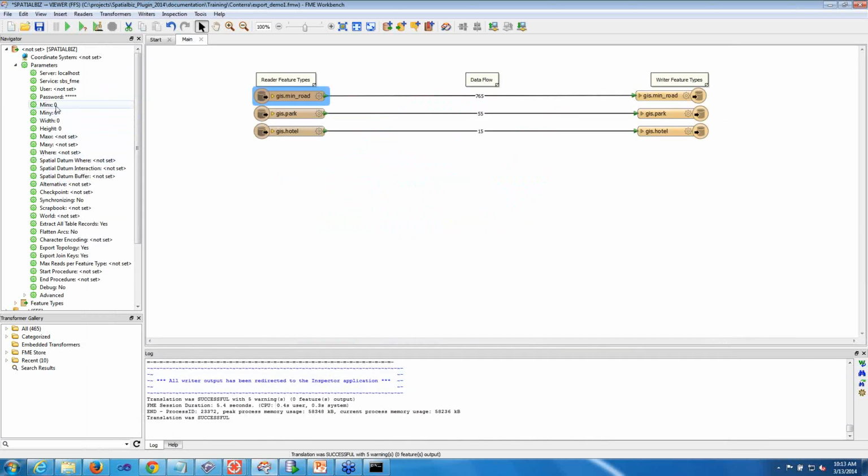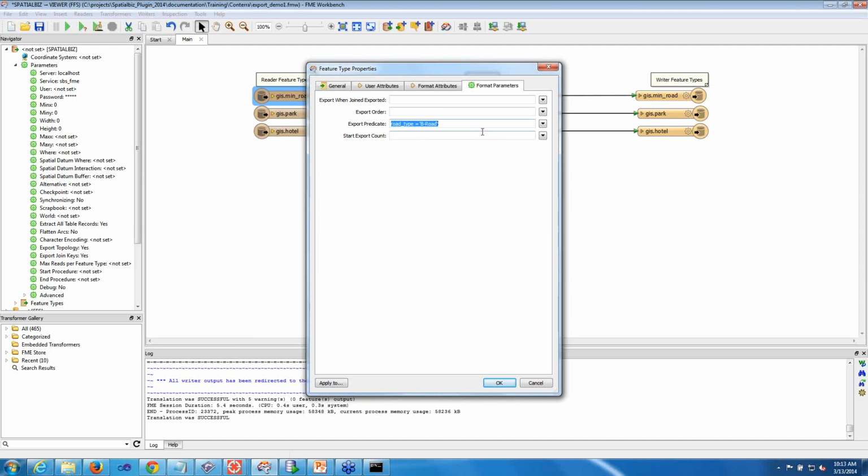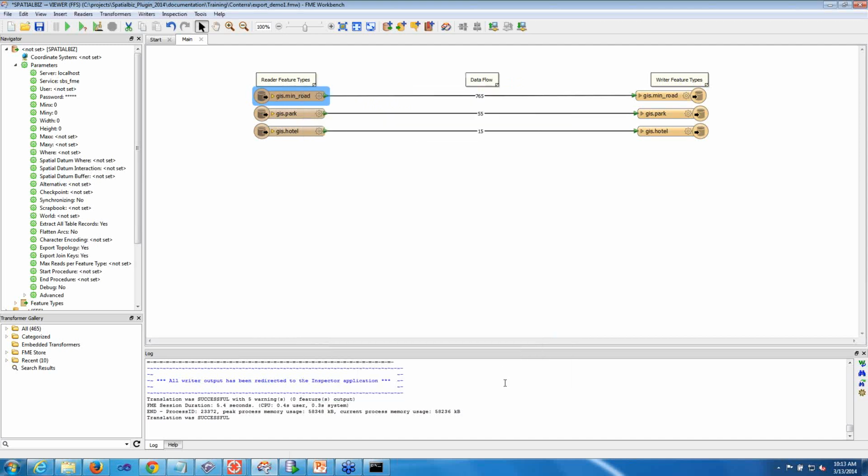I can specify boundaries, min X, min Y, height and width, or max X, max Y if I want to do like a screen extent that way, or I could use this control here. So basically this spatial datum and the interaction and the buffer allows me to define a spatial predicate which is fired at Smallworld, and it says, I only want you to pull out the features for which this spatial predicate is satisfied. So, as an example,